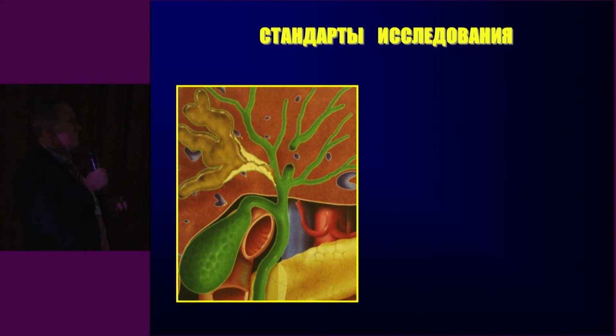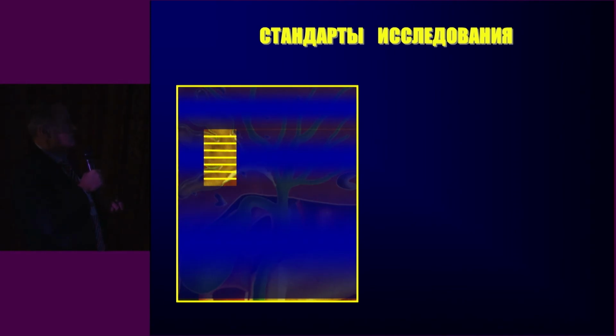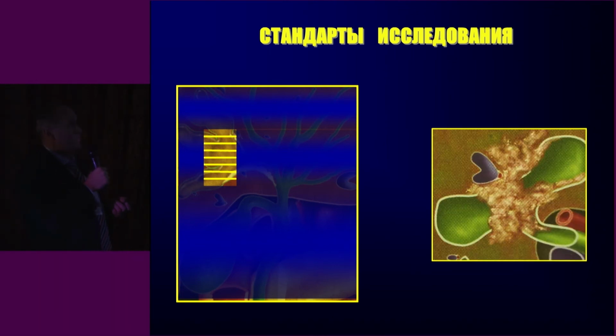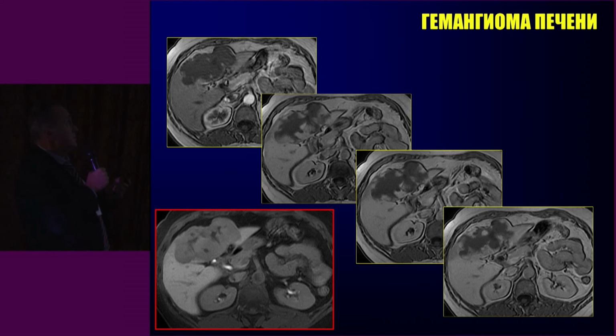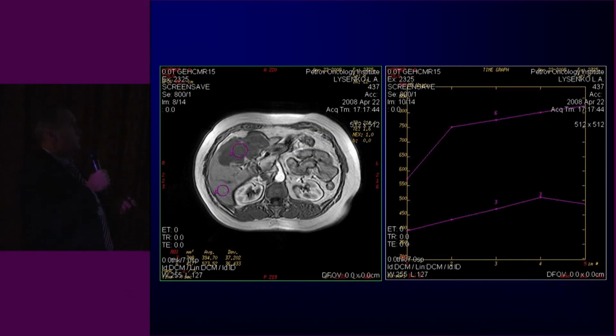Of course, we should use a special estimating system, not based on visual assessment. And for that, we should follow very strict study protocols. We should find the zone of interest, and this zone of interest should undergo quantitative analysis. And here you see a series of patients, classical hemangioma patients, how nicely it looks when Primavist is used in